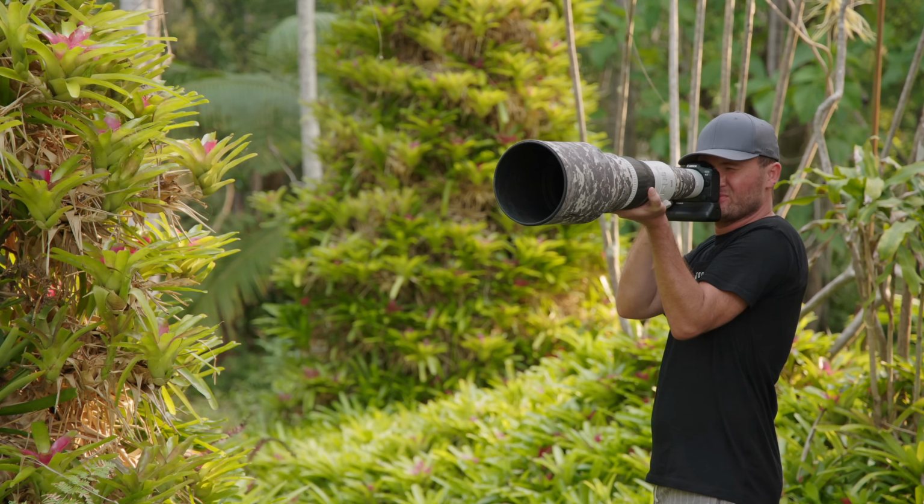But here's the big question. Do these fancy sounding upgrades actually make a big difference in the real world? Or are you better off going with an original R5 and saving yourself $1,500 or even more along the way? Let's find out. My name is Jan Wegener and I've been using multiple R5 bodies ever since they've been released